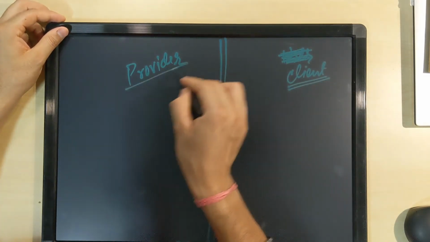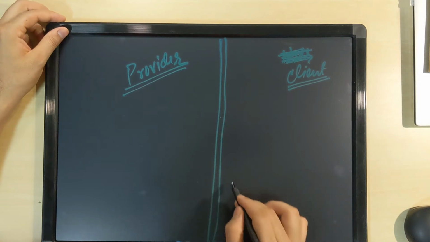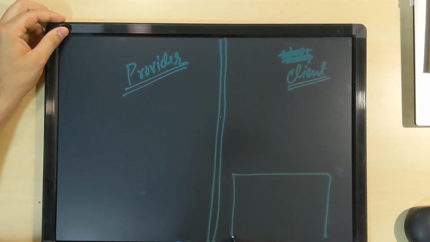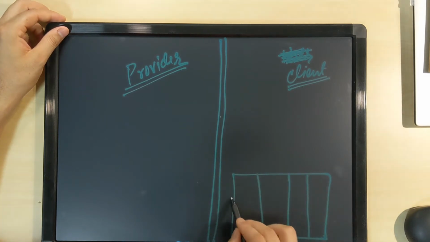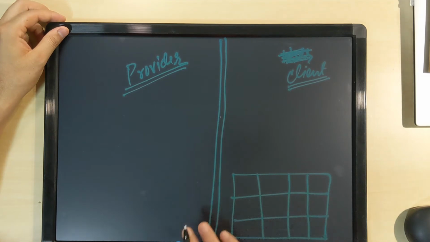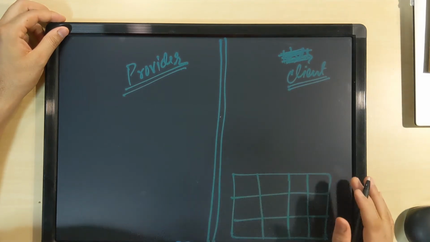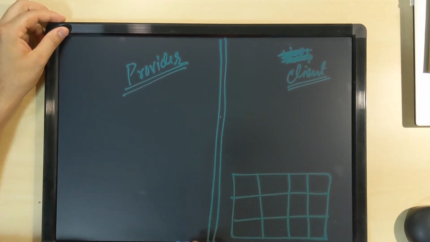It means this is the provider. So just to take an example, this is your project, and it's broken into some sub modular parts. Okay, so once it is converted into sub modular parts, then all the providers, it means all those resources